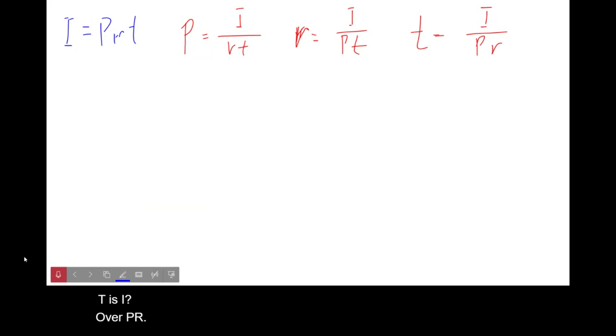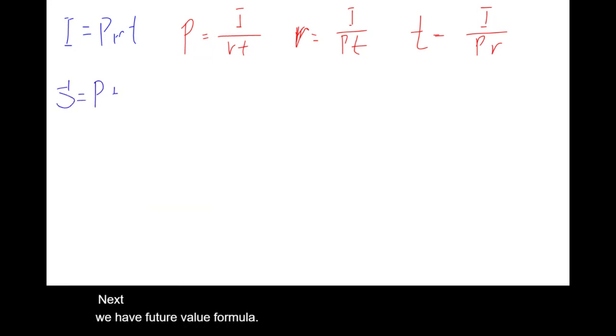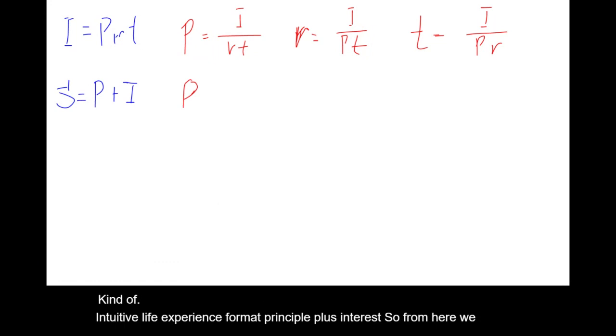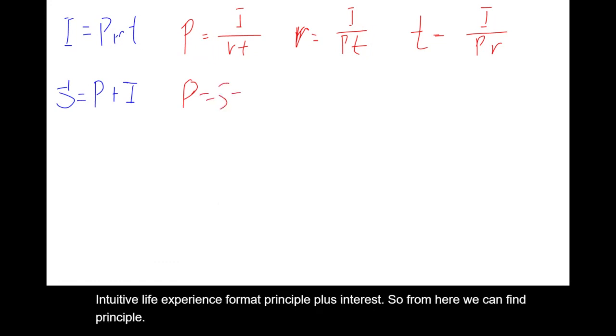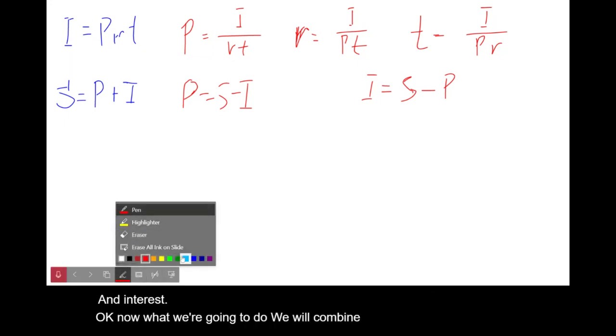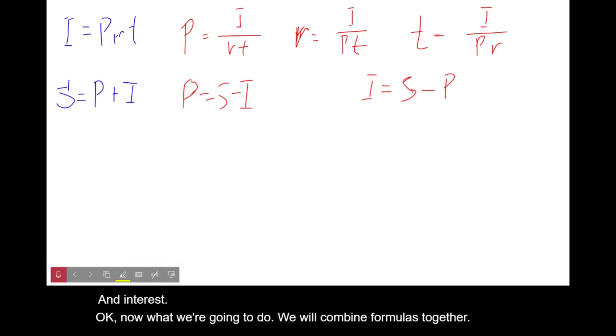Next, we have the future value formula. One of its kind of intuitive life experience format: principal plus interest, S = P + I. So from here we can find principal and interest. Okay, now what we're gonna do, we will combine formulas together. So we will combine these two,